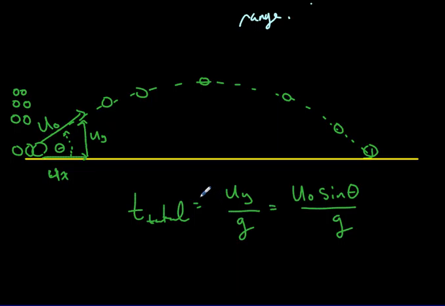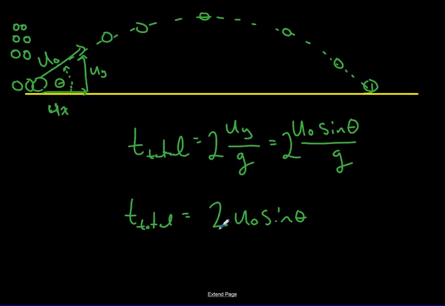And one thing I forgot, we want the total time, right? This will just be time up to the top. So we have to put a 2 in front of that. So the total time that my projectile is in the air, the total time from initial launch to hitting the ground, is 2 u naught sine theta all over g. And if we want to know the range, how far it goes,